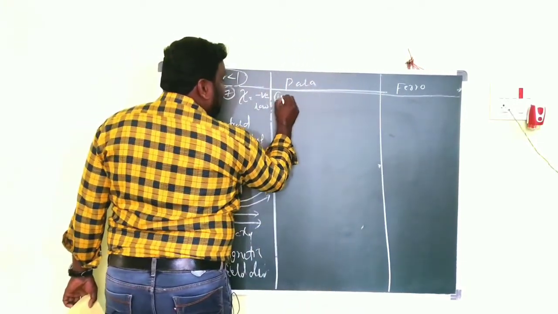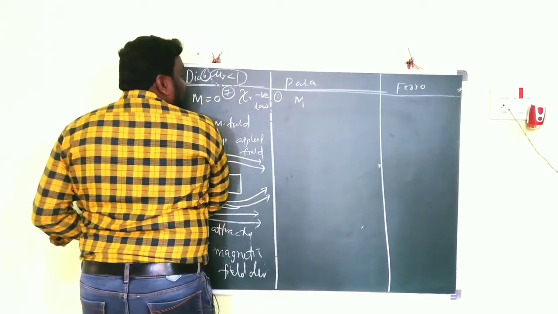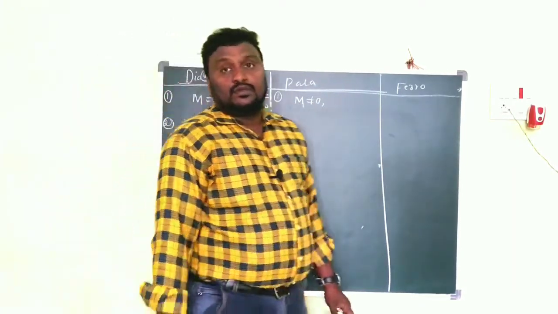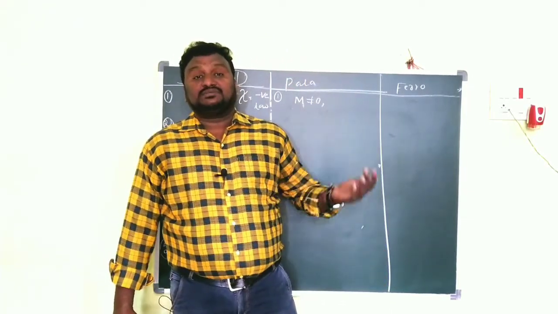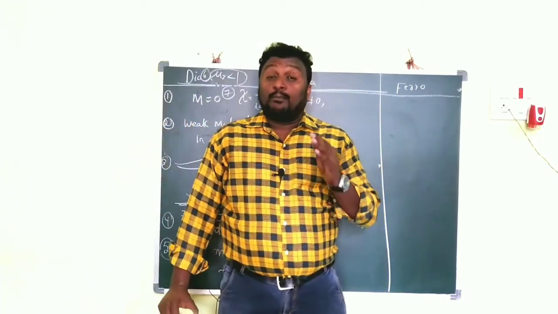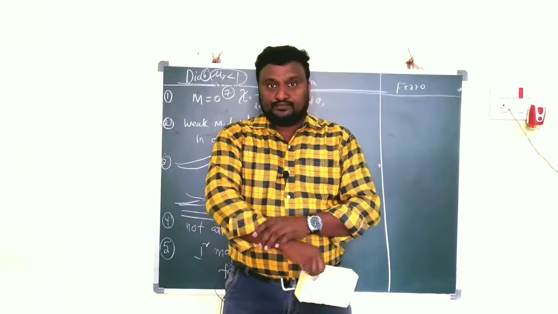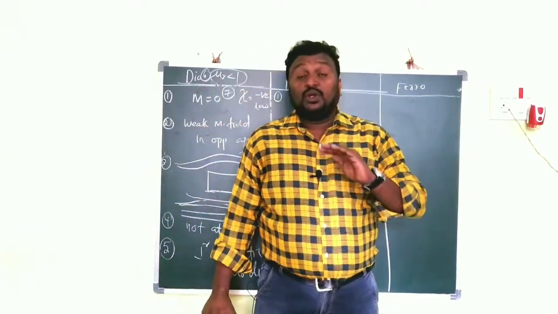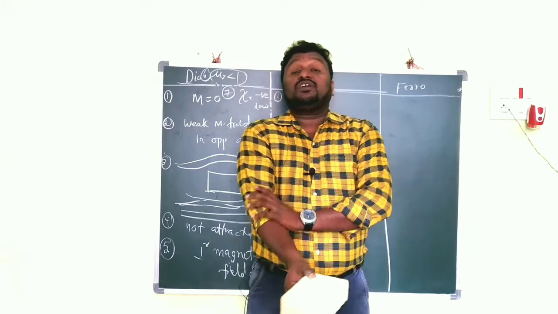So children, first thing here, the materials which have some magnetic moment value that is positive and not equal to 0. Clear? M is not equal to 0. That is what we call a paramagnetic substance. The magnetic materials which have magnetic moment value not equal to 0, positive and a low value. In the diamagnetic case, magnetic moment value is 0. In this case, magnetic moment is not equal to 0. That is positive and there should be some small value. That is what we call